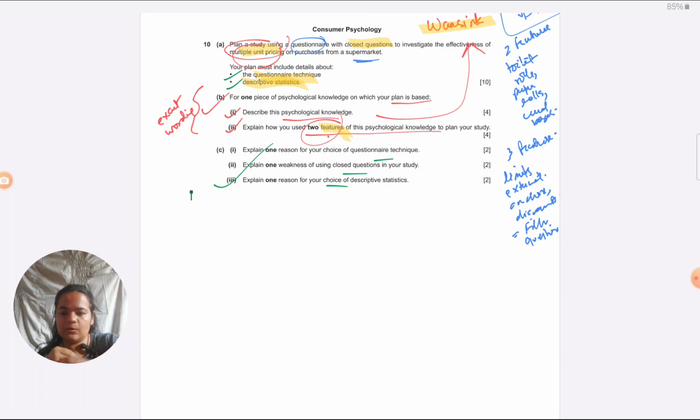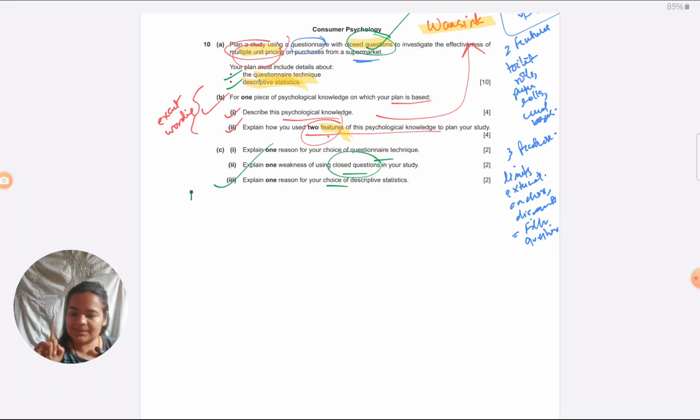But here you can see closed questions have to be designed. That is mentioned within the text of the question only. And then one of the C part questions, C2, has come from what they have mentioned in the stem of the question itself. I always tell you in every video, if you've been following my videos, you must read the question fully and carefully before answering. Now I hope you can see why this is important.